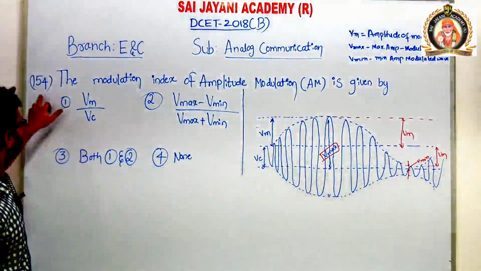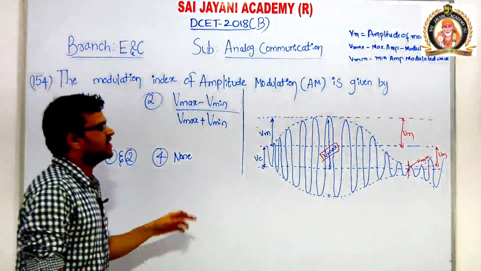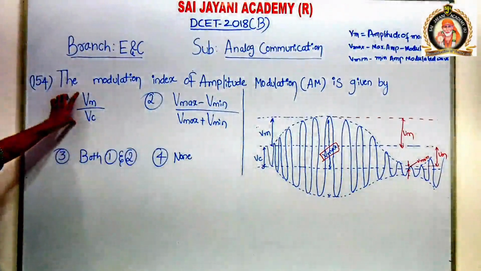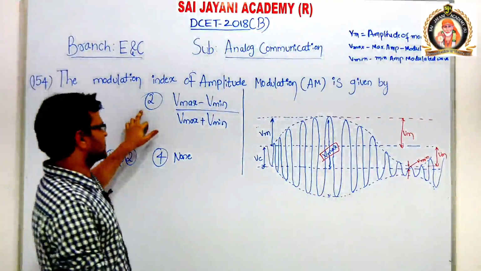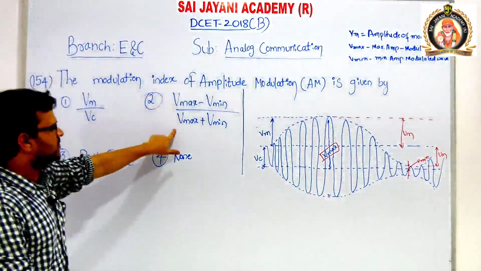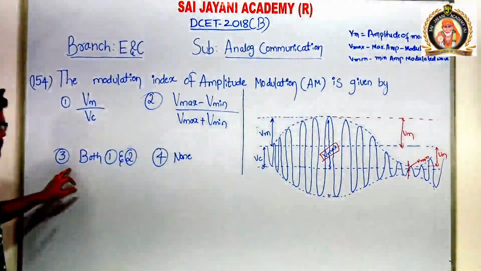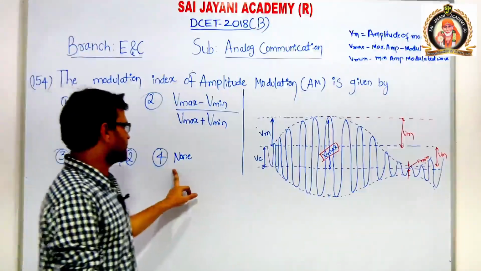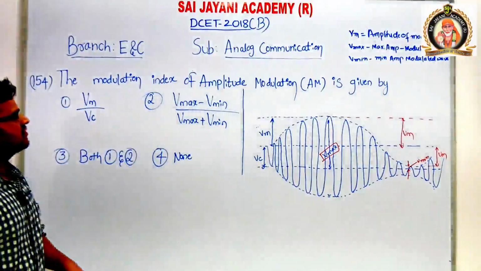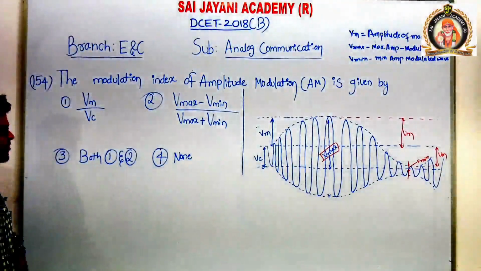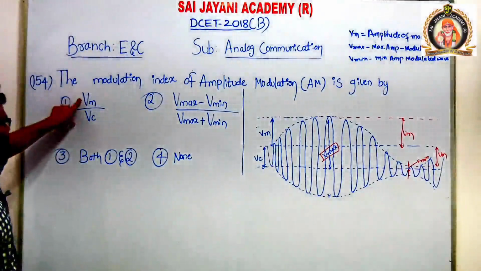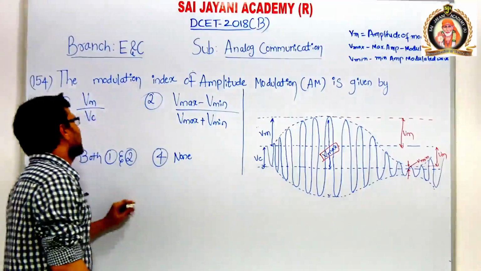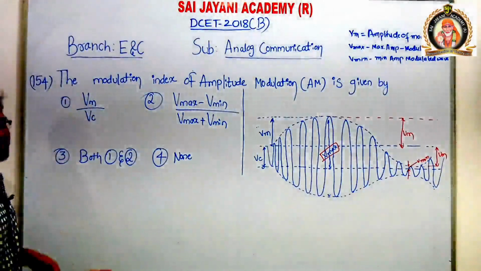Question number 154: the modulation index of an amplitude modulation is given by, the options are given below. The first one is Vm by Vc, and the second option is Vmax minus Vmin divided by Vmax plus Vmin. The third option is both option 1 and option 2, and the fourth one is none. The modulation index of an amplitude modulation is the ratio of the amplitude of the modulating signal to the amplitude of the carrier signal, and this can also be rewritten as,